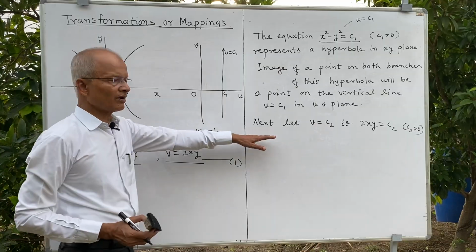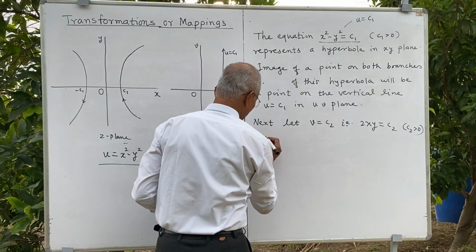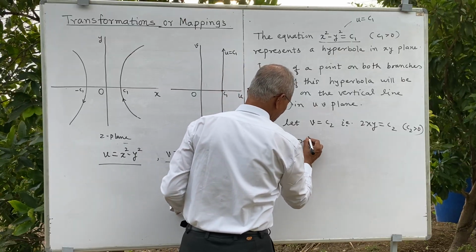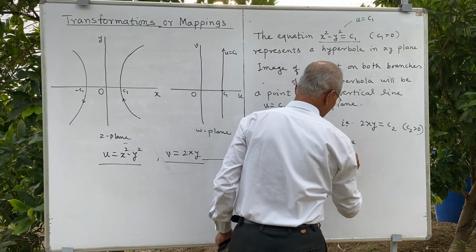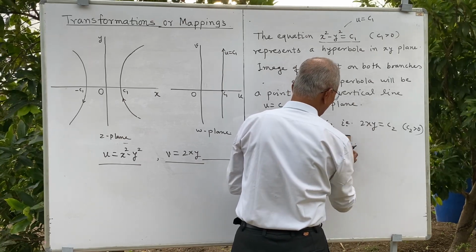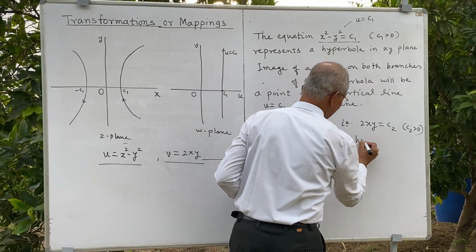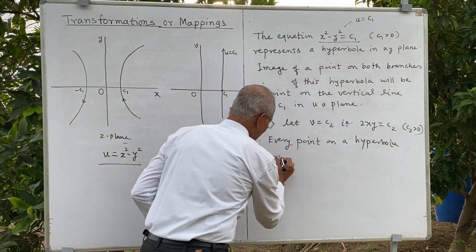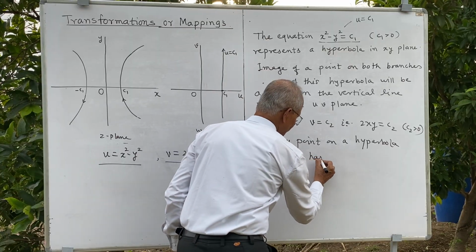Then it is also a hyperbola, and every point on this hyperbola, or if you consider c2 not fixed, then any hyperbola 2xy is equal to c2 has its image